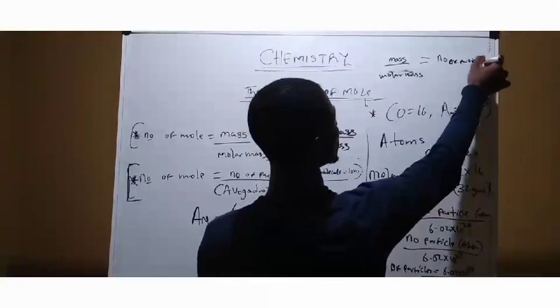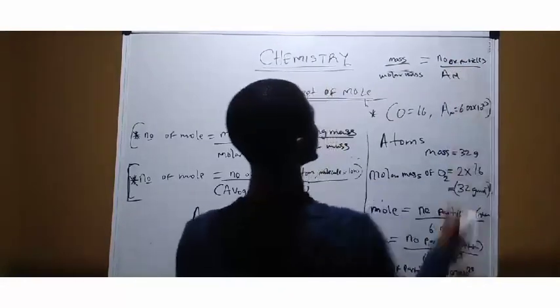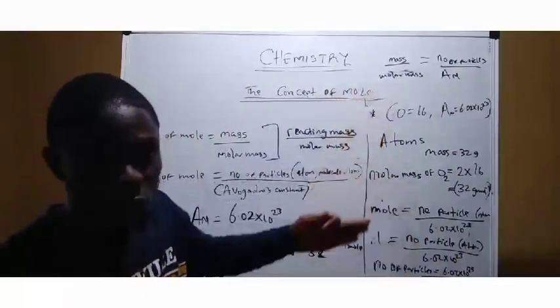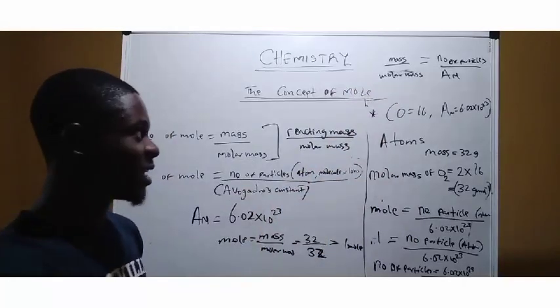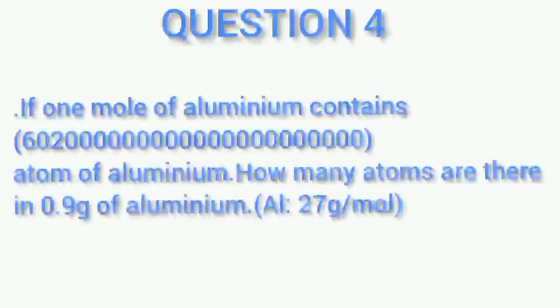I hope you can see this. Number of particles over Avogadro's constant. With this one, we can also solve straight. So now let's look at an example that has that. Let's look at the last example for today. Now, the next question states that